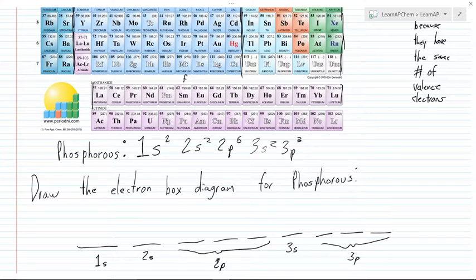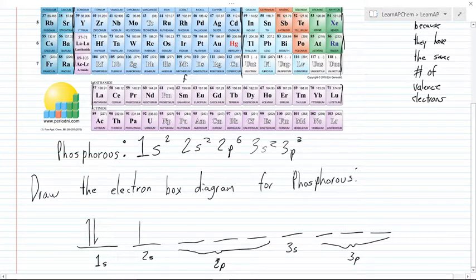So here, now all I have to do is draw my electrons. So 1s, here we have 2, so I'm going to draw 2 arrows. Now these are all full, so I can draw these up just like so. However, 3p is not full, so I'm going to stop for a second. I have 3 electrons here, so I should be drawing 3 arrows. And there is only one correct way to do this, and that would be like so. I suppose you could have these going in different directions, but this is the only correct way to do this,